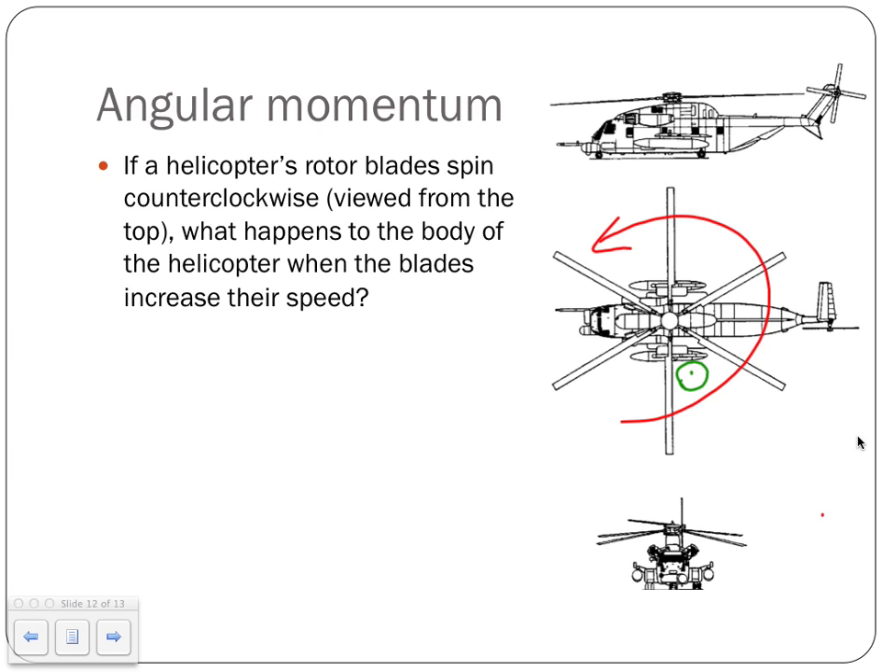If we were looking at this in the top picture, where we're looking at the helicopter from the side, the angular velocity or the angular momentum would be going that way, because in this case the rotor blade spinning would